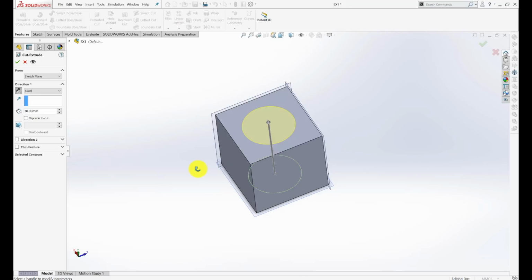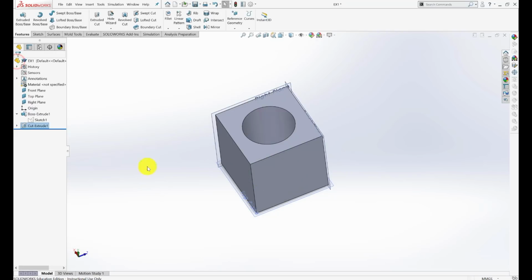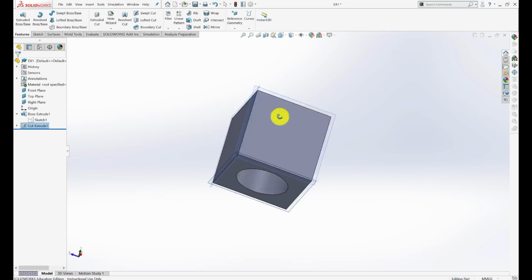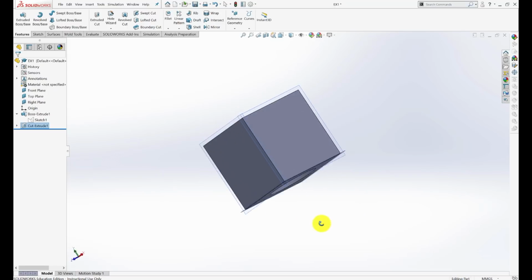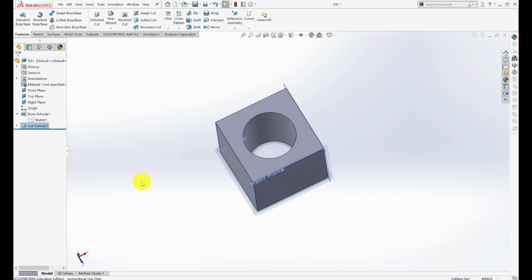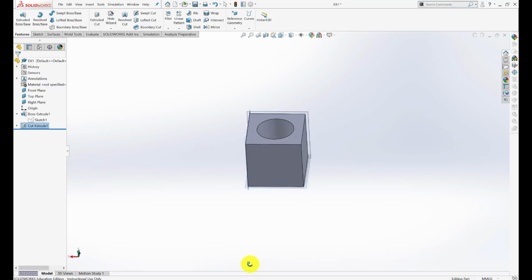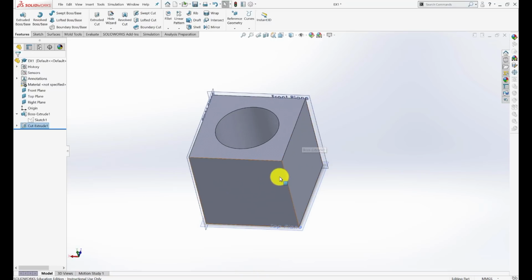Okay, and you can see the preview in yellow, and we're good to go. We just created that hole. Okay, let's see if there's one other thing I can show you. I showed you basically the method here of creating a sketch and then doing an operation on the sketch, but I can also show you what happens when